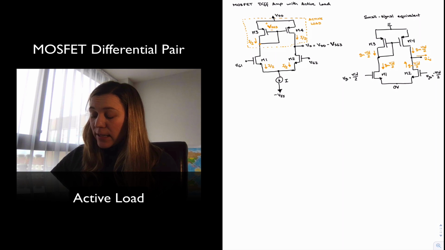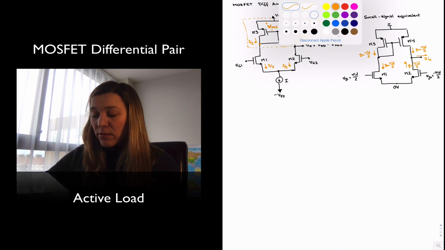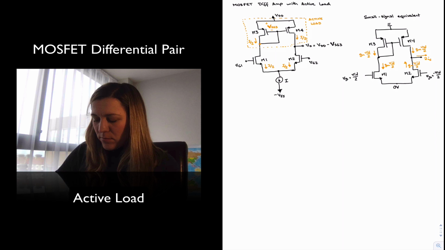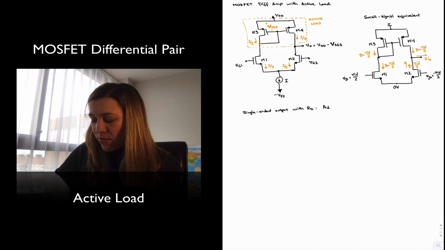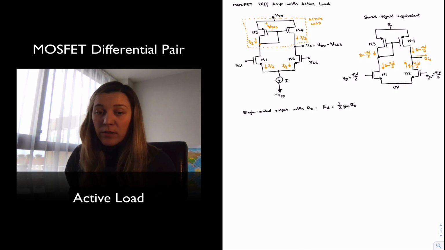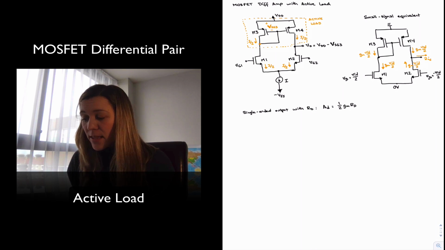And therefore, we can only take the single-ended output. But in the single-ended output DFAM with drain resistors, we had that the differential gain was 1/2 of GM times RD. In this case, though,